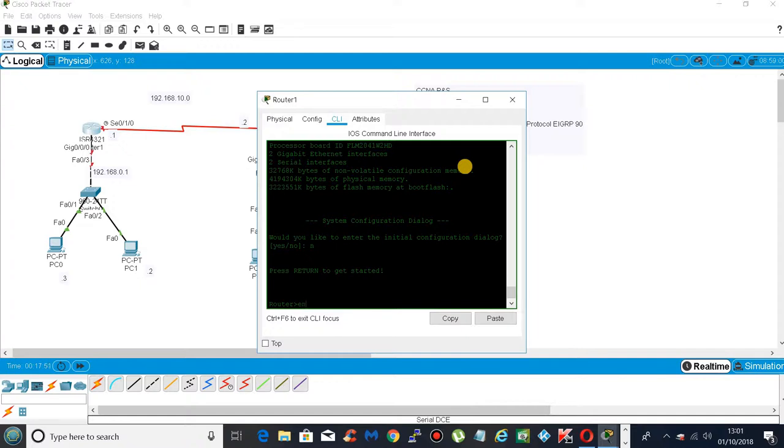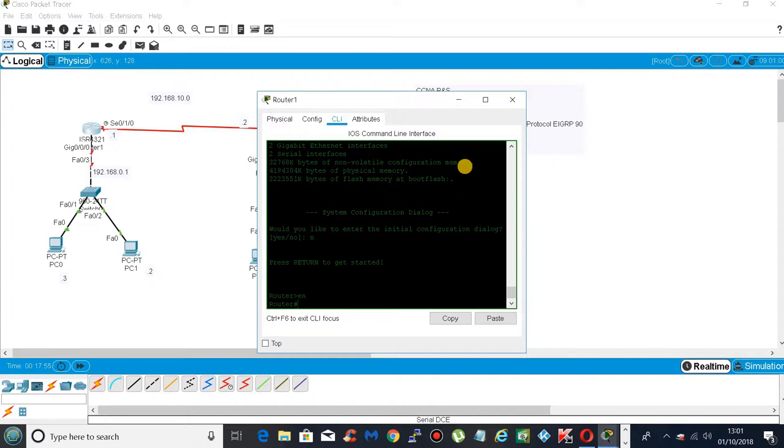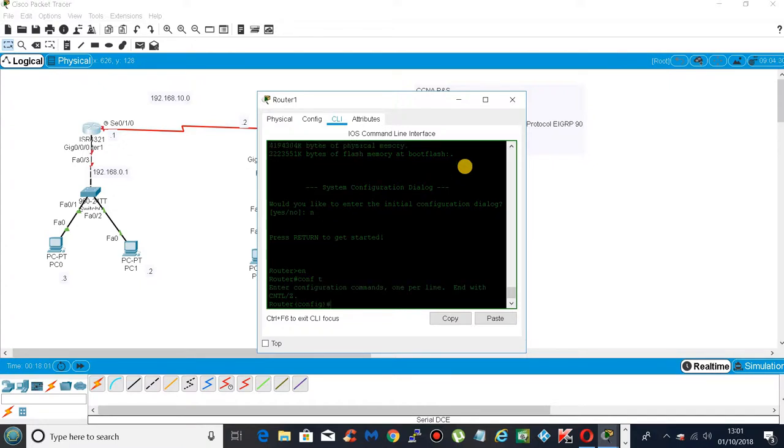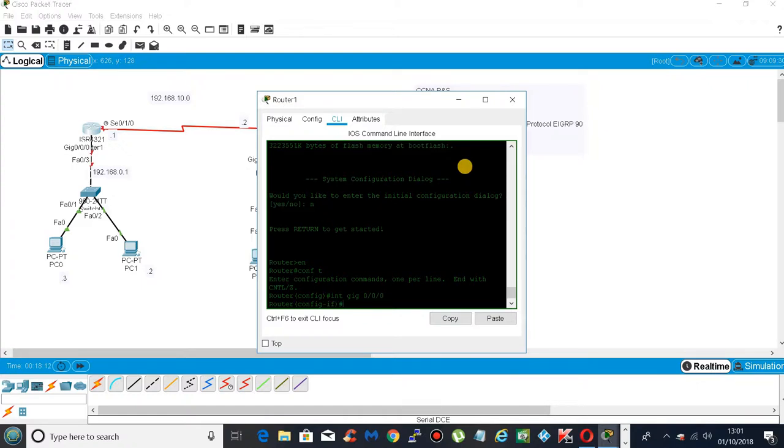Just select enable, or en for short, and then in order to configure the router we need to go to configuration terminal, or conf t for short, and then we input the interface gigabit 0/0/0, press enter, and then we need to give this interface an IP address, so we give it ip address